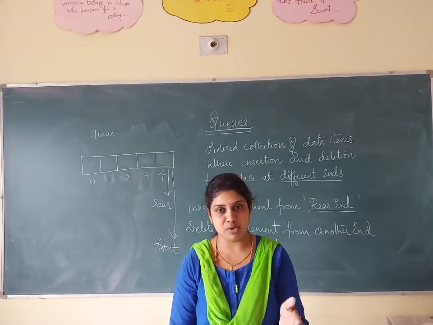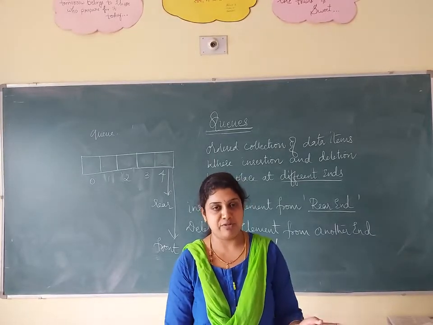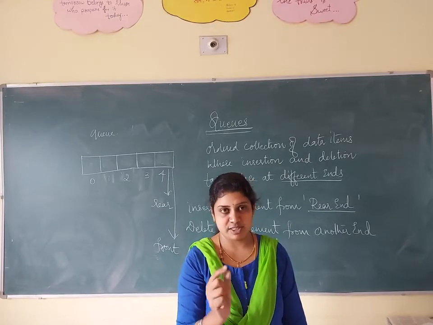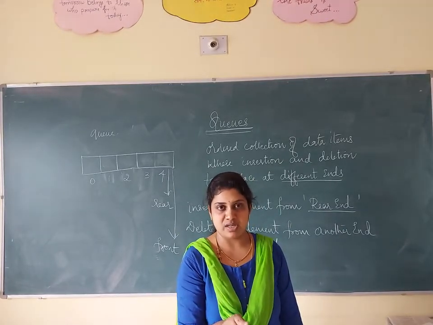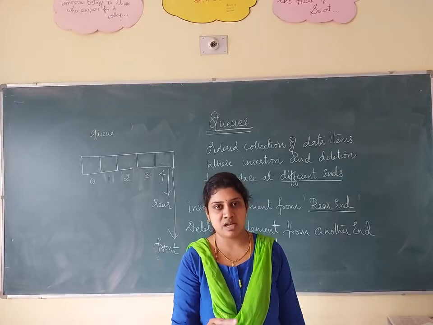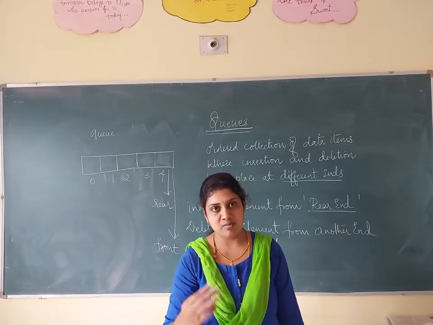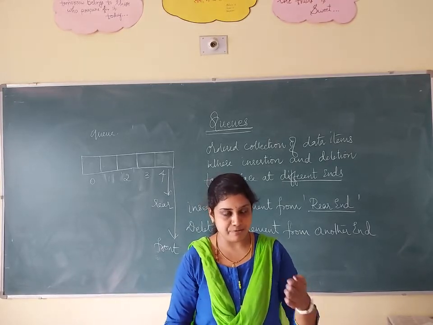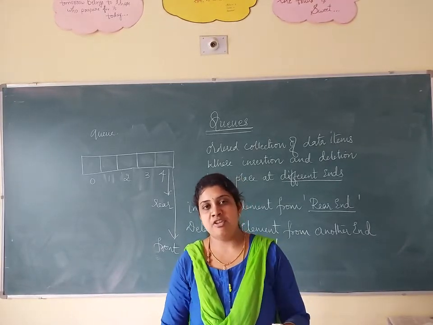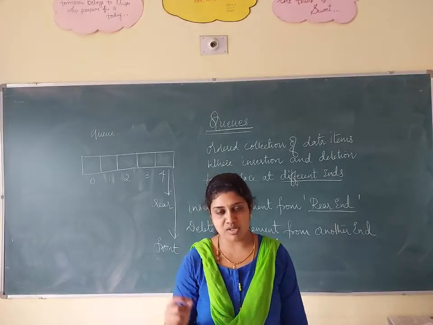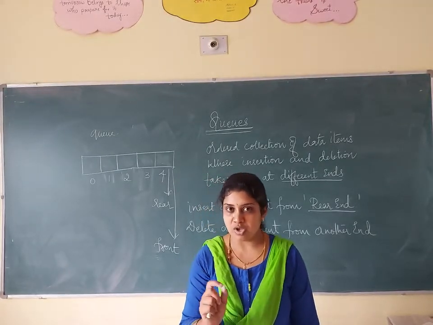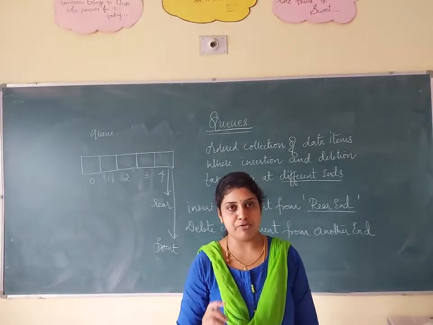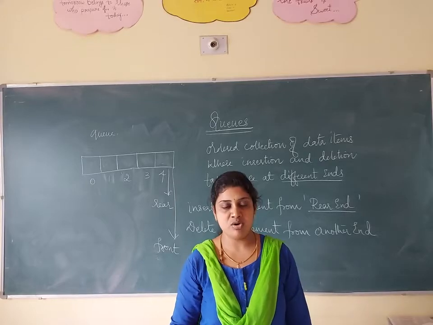Front is pointing to 0, and rear you have to increment. From the rear end you have to insert an item, like rear 0. First it will point to 0. You insert one item. Then you increment rear. Rear will shift to 1. Again one more item. Like that you have to increment rear and insert, while deleting from the front end. If both front and rear are pointing to the same end, it indicates that you have only one element in a queue. This is the general concept of a queue, and it is also called a simple queue.